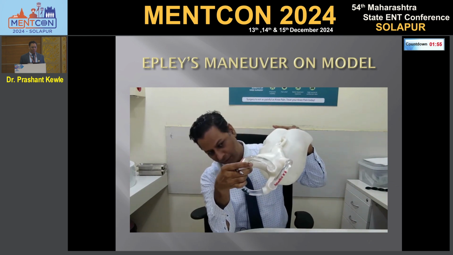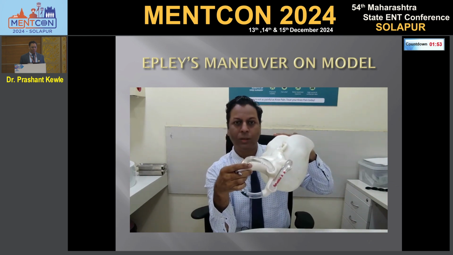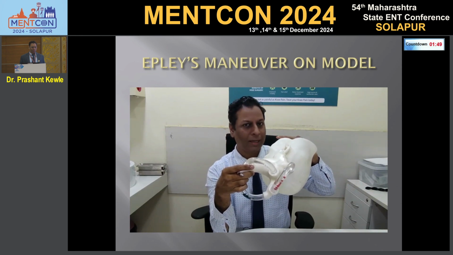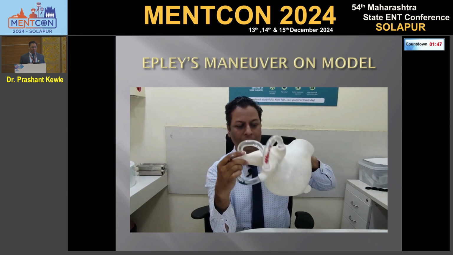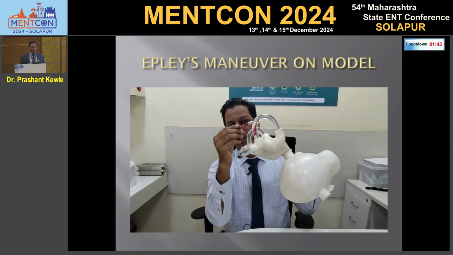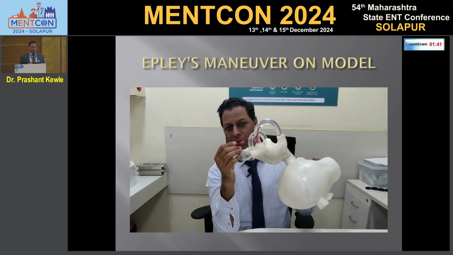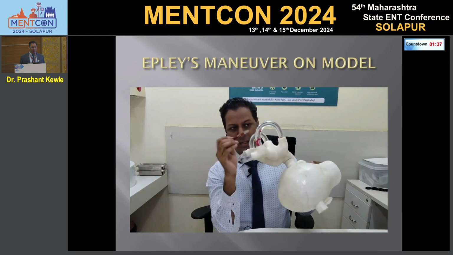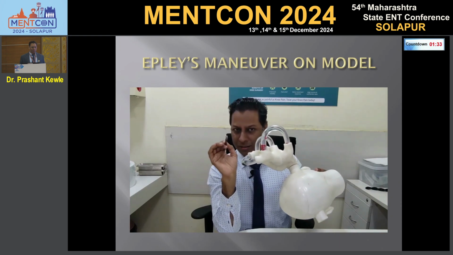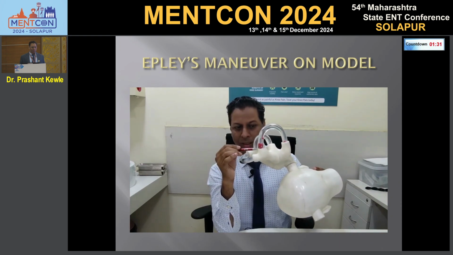Now, after waiting for 40 seconds, we can turn the head and tilt the patient to the lateral position. So, we are going to tilt to the lateral position, nose pointing down, and the particles will start moving again because of gravity and they will go into the crus commune area. So the particles from here have traveled all the way till here and we have used gravitational force to drag the particles out of the crus commune.